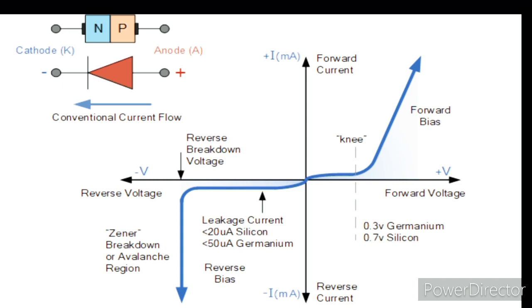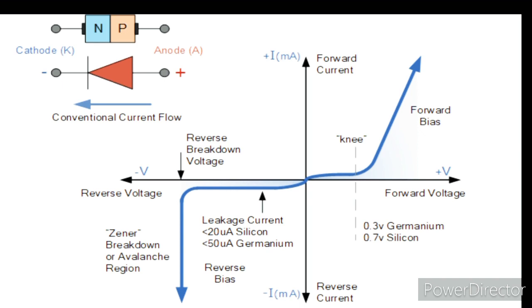The IV characteristics seen on the screen display the characteristics in reverse bias and forward bias of the diode. The positive terminal of the battery is connected to the P side and the negative terminal of the battery is connected to the N side. How does the diode respond to the external electric field? When we apply 0.1 volt, no current flows through the diode. Only leakage current flows, as seen on this screen.